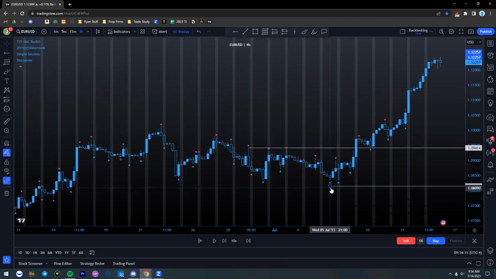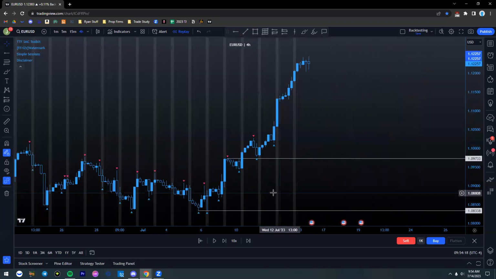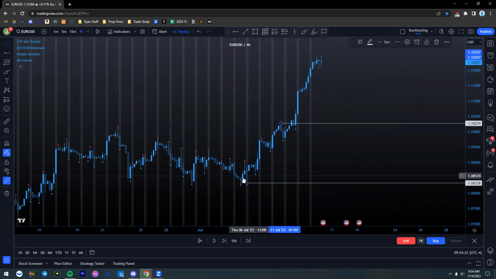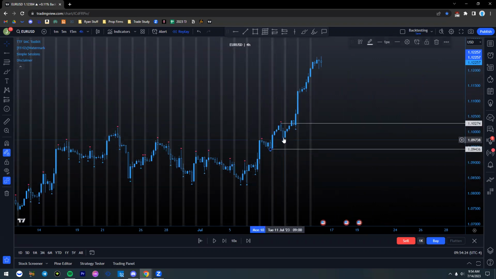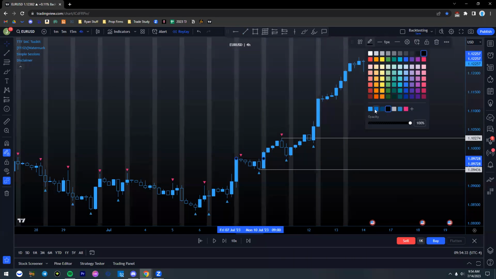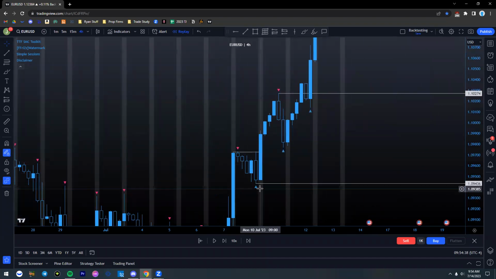I think we go down one more time here. And then we start to go up. And then you'd be looking for your retraces into that range when it starts to happen. So as price kept breaking structure, you could keep moving your fractals. Again, you have your low here, you have your high, you have your break of structure here. That's a little hard to see because my colors are all wrong. Here we go. Have a little break of structure there. Price comes down, goes up, breaks structure. You create a range